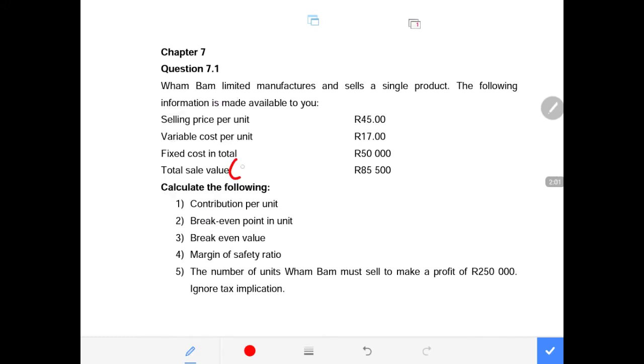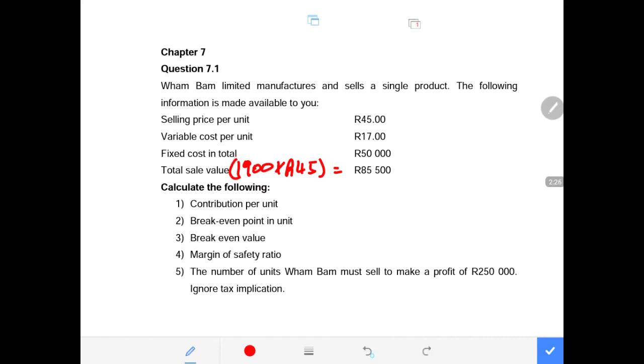This gives us 1,900. It means 1,900 are the number of units that were sold. So that will definitely be multiplied by 45 rand in order for us to get to that 85,500. Very important to be able to calculate those